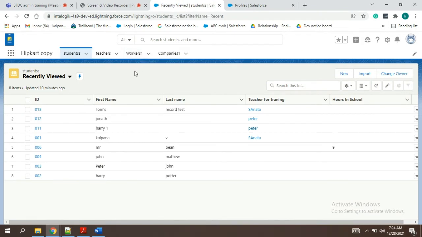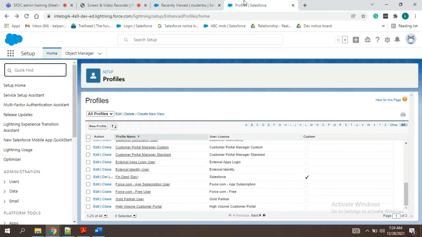View all, modify all. No one remembers. Okay, I have explained. We logged in as Tom and we tried seeing how view all and modify all react. So now we'll quickly go to permission set.